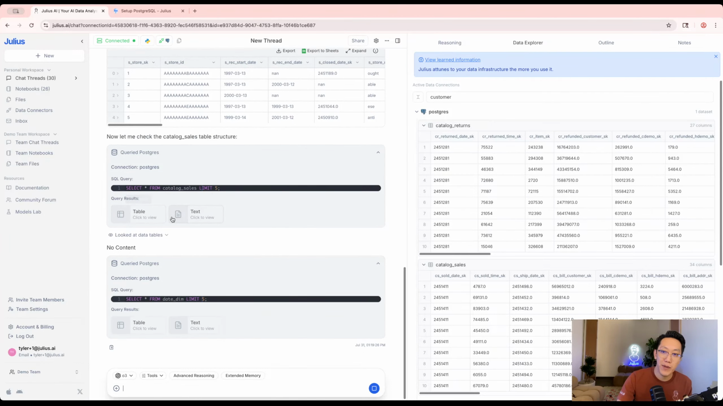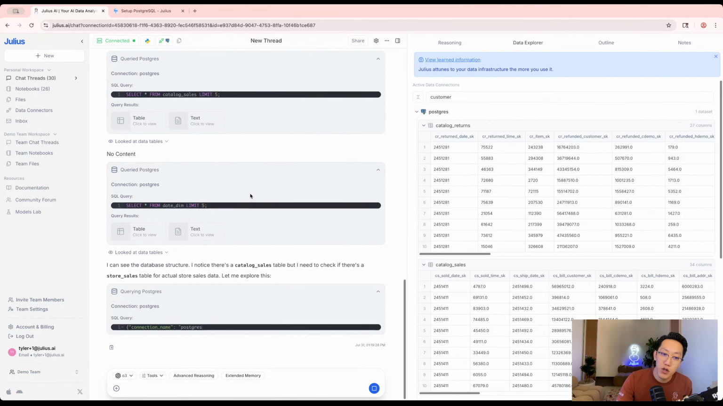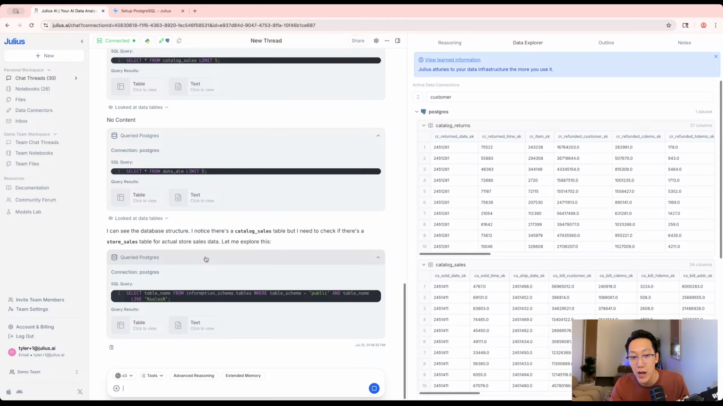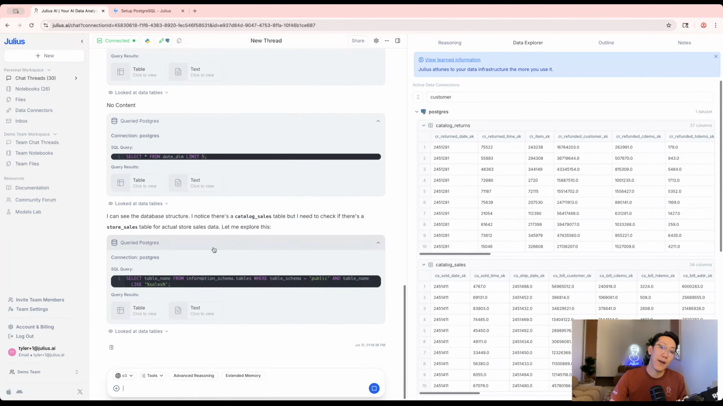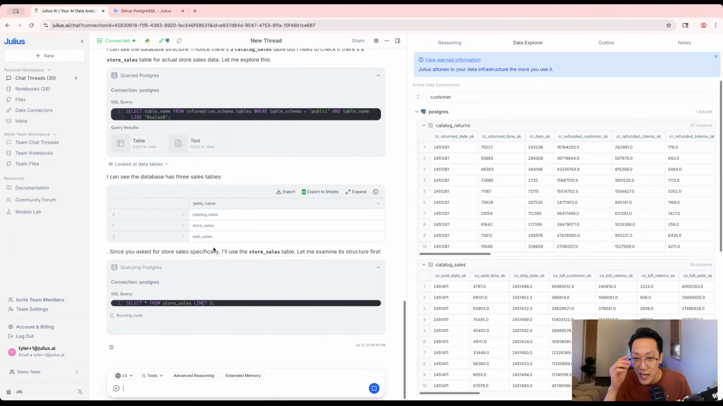So here we see the tables being run, and we're starting to grab data. And then Julius is actually searching for the relevant columns and the relevant tables. Again, I didn't really specify any of that on my own. That's twofold, right? I think one, if you do have a lot of context about your tables, you can give